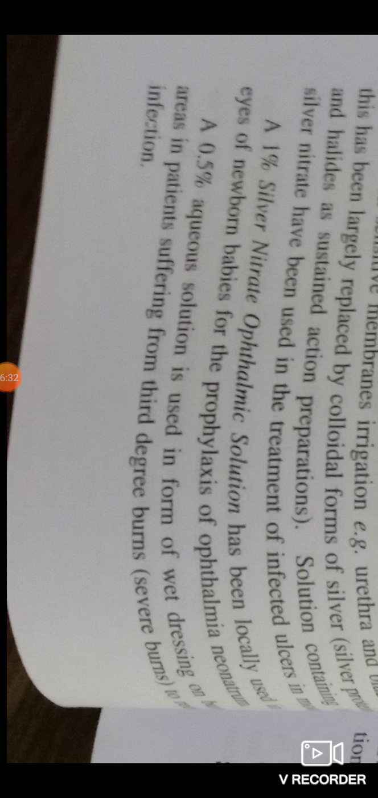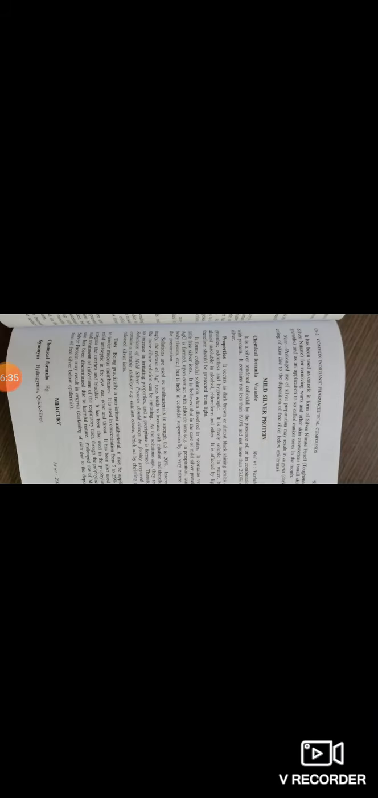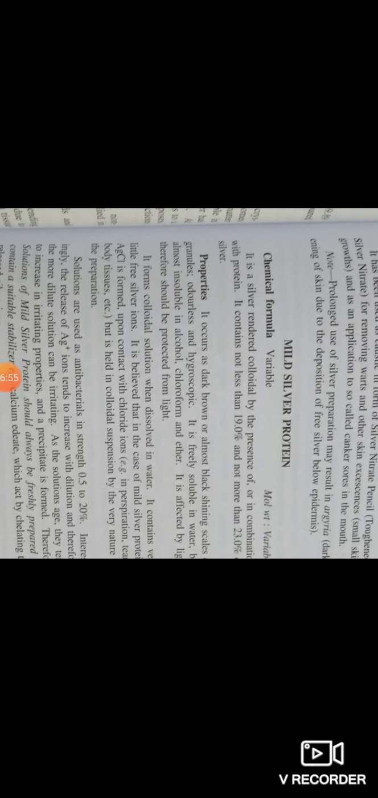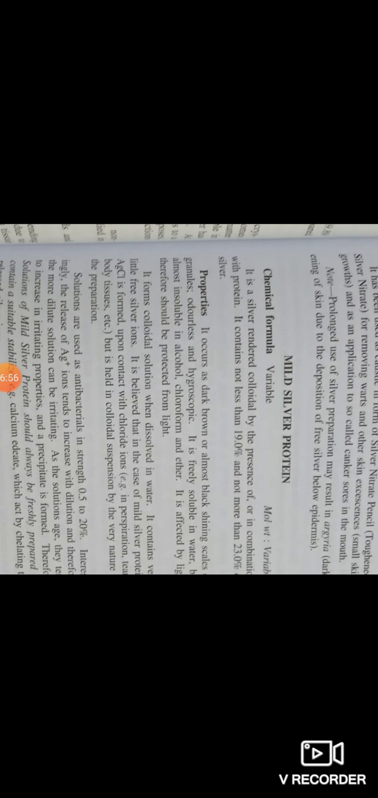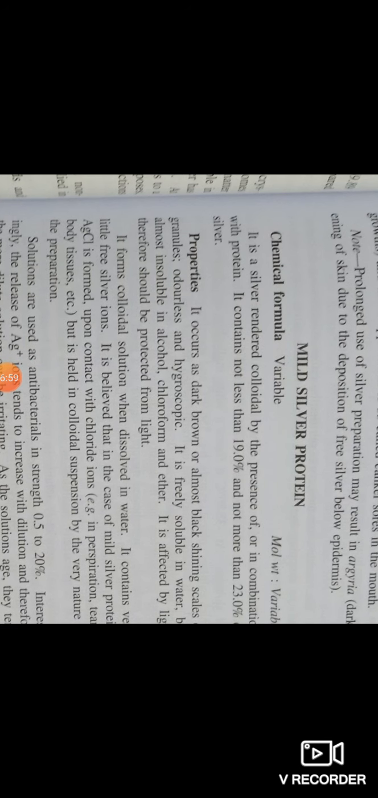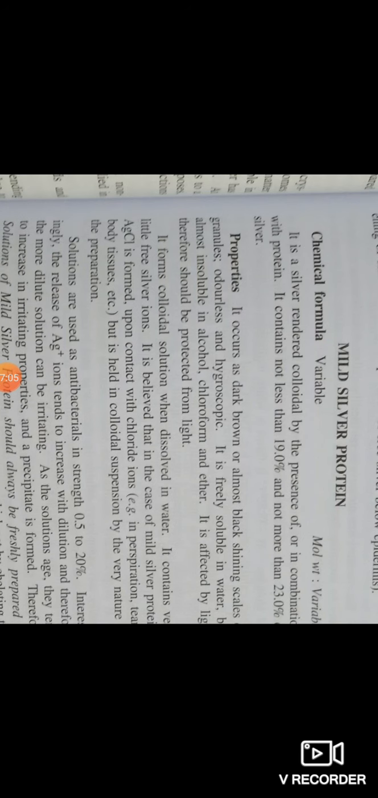Next, mild silver protein. Mild silver protein is a dark brown scales or granules, hygroscopic in nature, absorbing moisture. It's a silver colloidal chemical, containing not more than 19% silver. It's freely soluble in water but insoluble in alcohol. It forms a colloidal solution when dissolved in water, and contains free silver ions, which are mainly used as